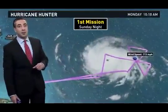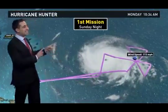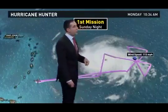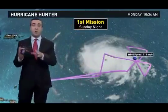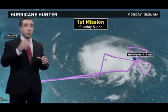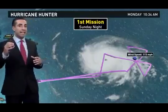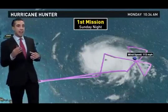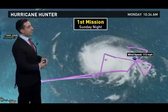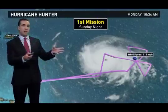Let's talk about the two missions that have already gone underway. The first was last night on Sunday evening. They flew into the storm, and they found winds of 113 miles per hour in the northeast quadrant of the storm. You've got to think of a hurricane, you cut it into four sections. The northeast or the top right is always going to have the strongest winds as it's moving in forward momentum. That's where you're going to find the strongest wind gusts and the strongest sustained winds as well. So 113 miles an hour,